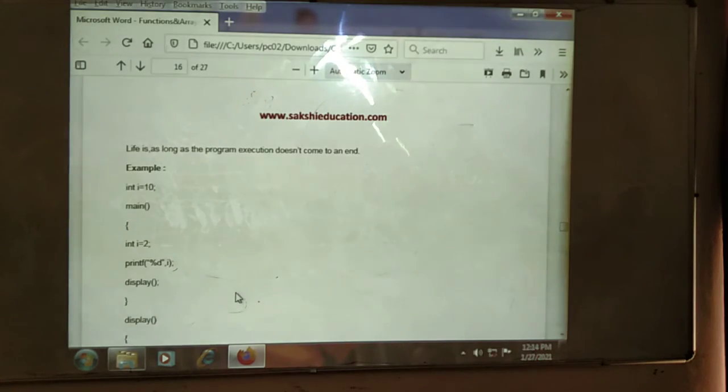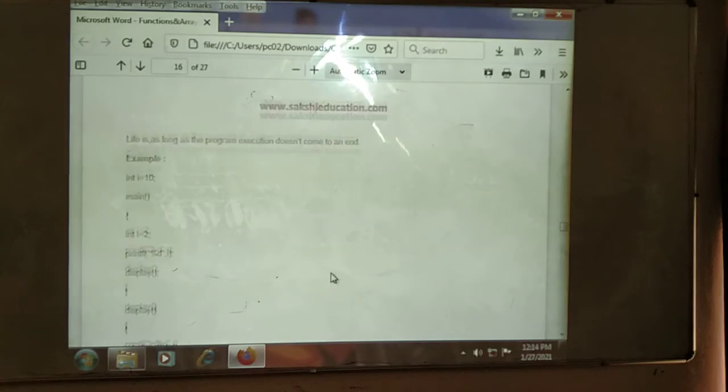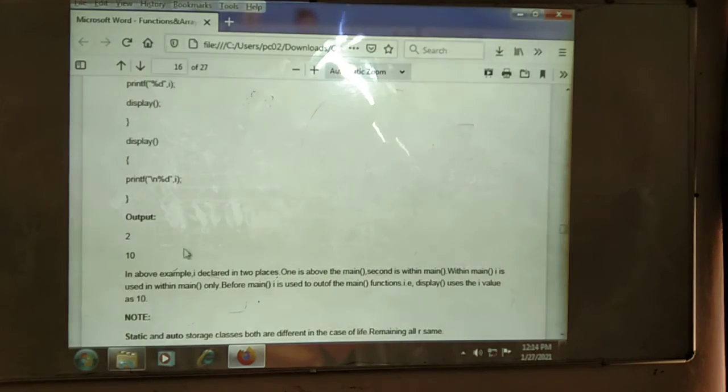Then we use printf with percent d for I, and we call the display method, which displays the I value. In the output, the first I value will be 2, declared in the main method, and the global declaration is 10.